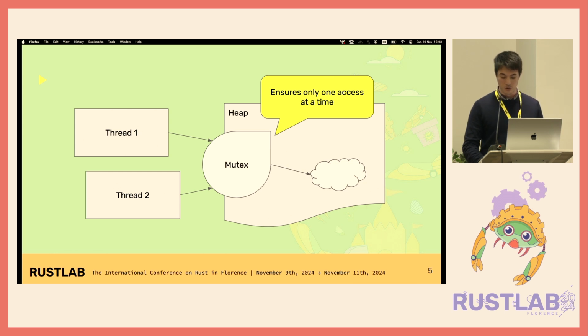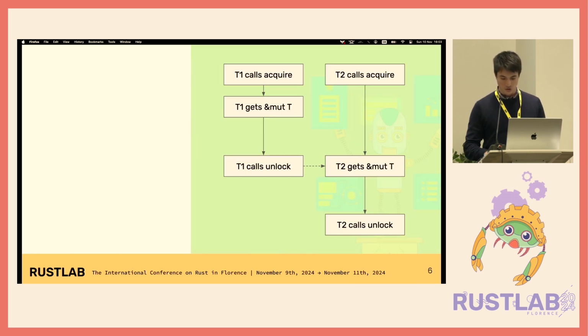In this case, we have a mutex that protects the data, and then the threads need to use the mutex to actually access the data, and the mutex is going to control when the different threads actually have access to the resource. So what we would like is something like this, where you have both threads trying to get to